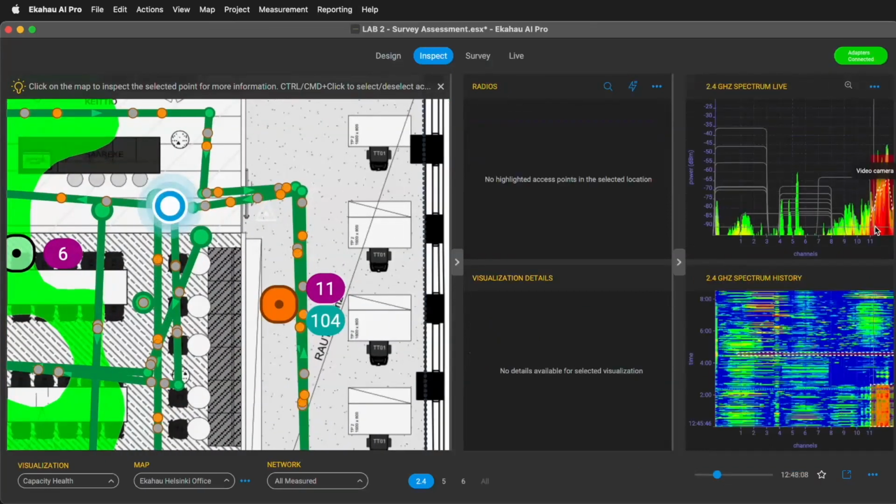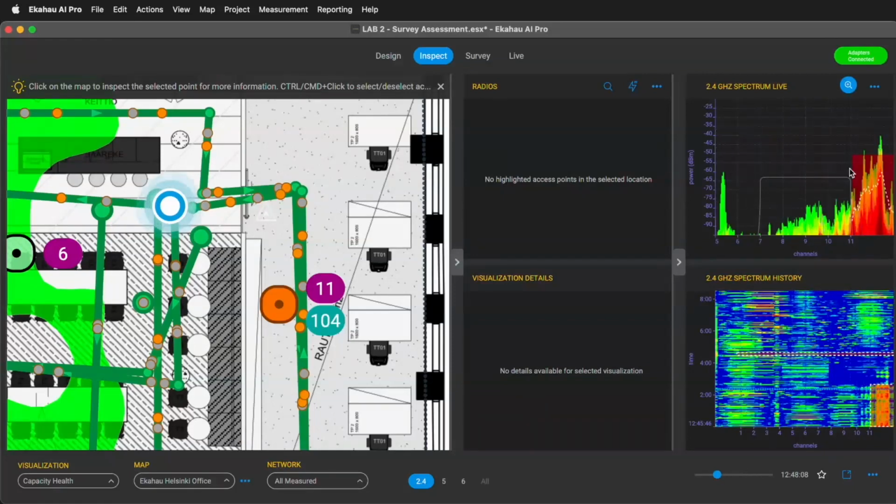If we take a look on this spectrum over here, we can see that there's an interfering device on 2.4 gigahertz. So if I just zoom in a little bit, we can see that around channel 11 there's a video camera. And if a video camera, a non-Wi-Fi device, a layer 1 interferer, is constantly transmitting, this